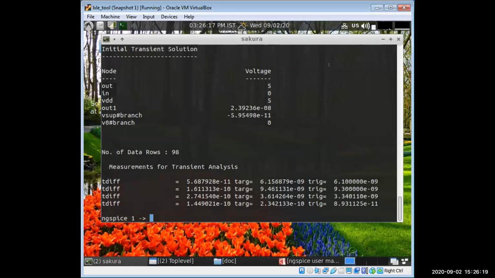Then please do this experiment from your side and do all the changes, means W by L values, and add on more fan outs. Satabdi, you can also do one thing. The temperature is 25. You can put minus 40 or 125. Can you check that?